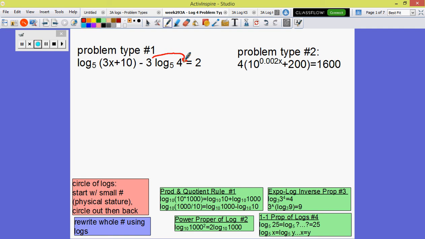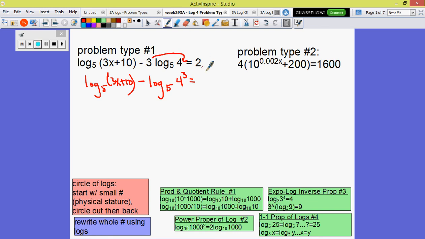I'm going to pre-write that right here in log base 5. I might as well write the other thing right here, log base 5 of 3x plus 10. And this equals, instead of 2,